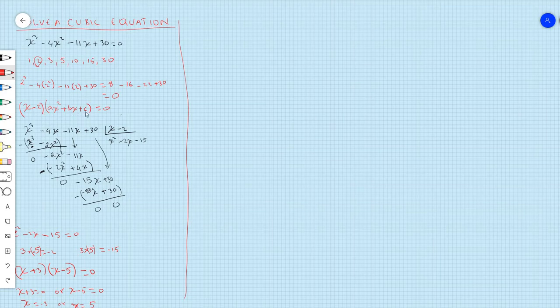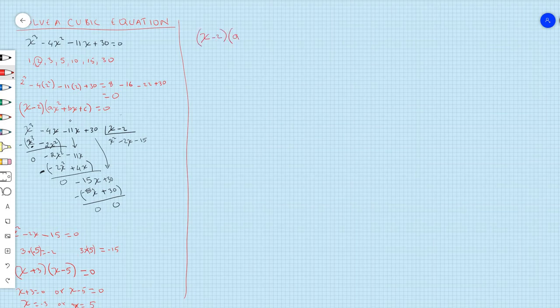But we'll go ahead and show you how to use this after finding one of the roots, how to find the quadratic equation by not using the division. If that's too hard for you, you can use another method to find that quadratic equation and solve for the other two roots. So let's go ahead and do that. The previous root we found, the first root, was 2, so we'll write x minus 2